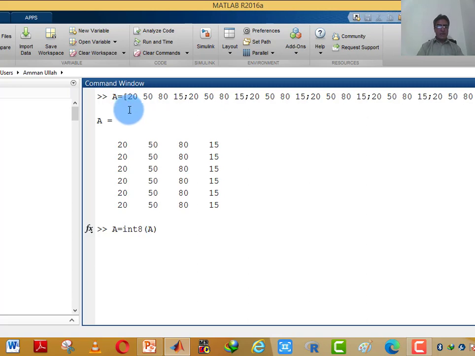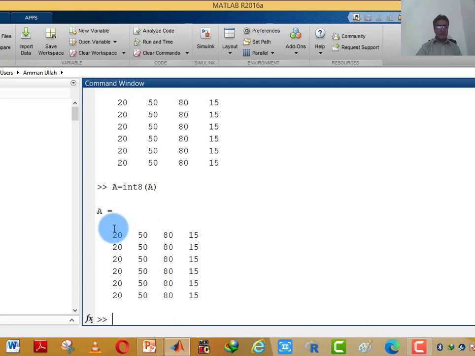So when I apply the int8 command on matrix A, MATLAB will convert each value of this matrix into gray values and assign it again to matrix A. That means it will replace the matrix A with the gray pixel values. Now these are the gray pixel values.